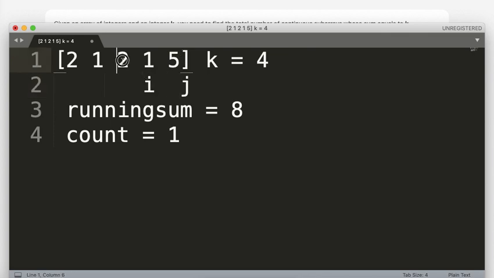It goes here and this 2 gets subtracted, giving 6, which is still greater. So I can bring this i further, subtracting this 5. And again it is greater, and i and j will both be pointing to the end of the list. So now the count that I had is 1, so I can return this.